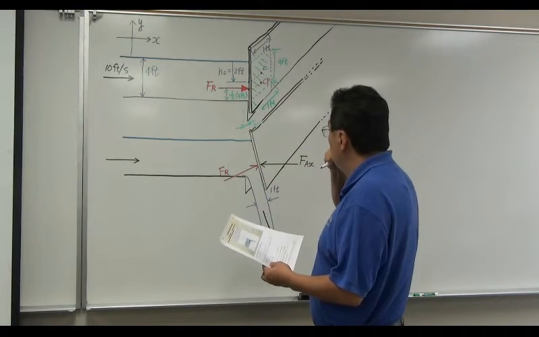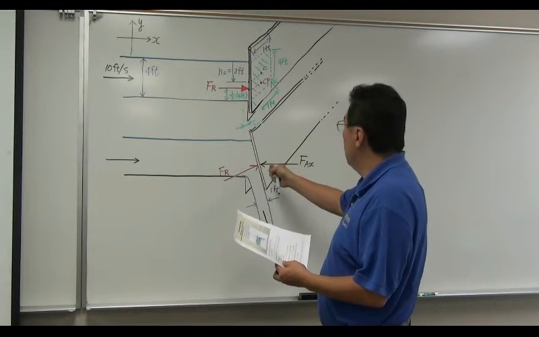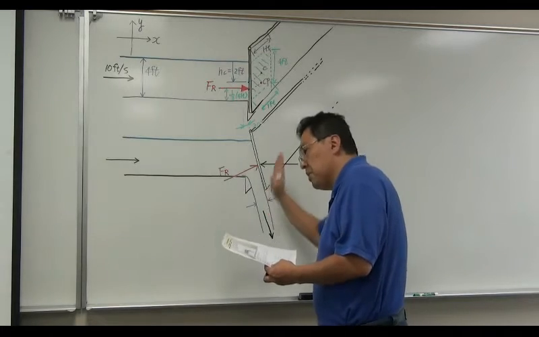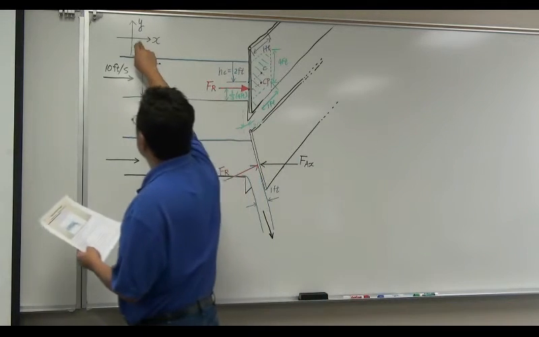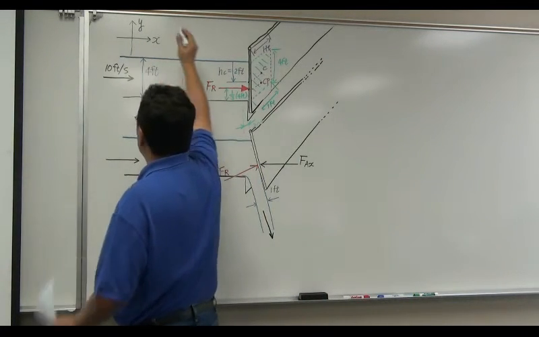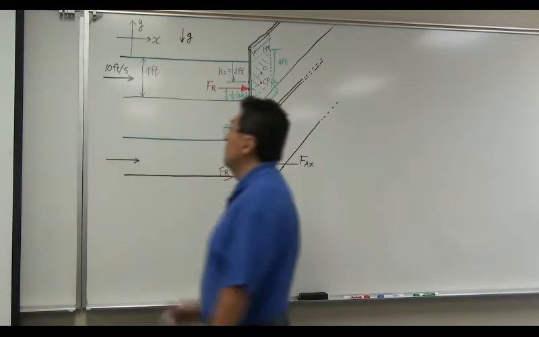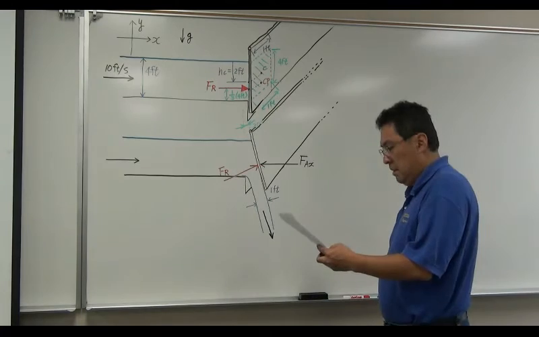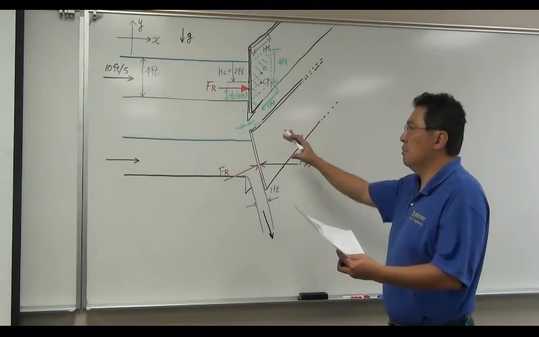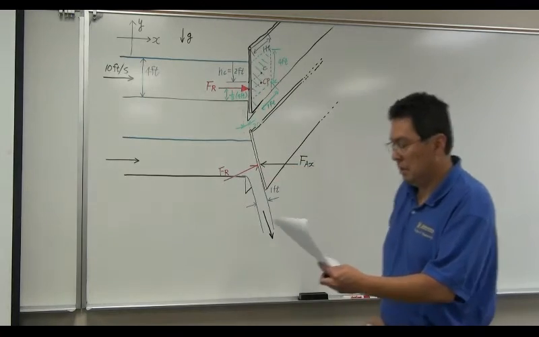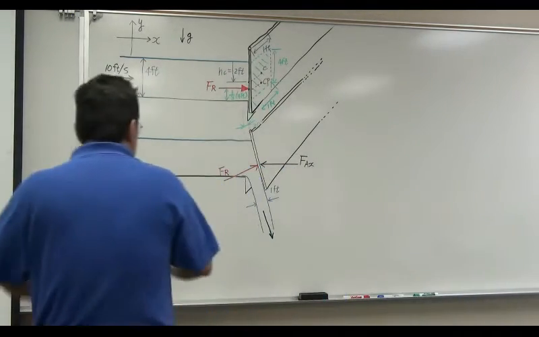If this is the program to find out also FA, the anchoring force, in this direction, you probably should choose x and z, z being opposite to the direction of gravity. Obviously, it doesn't matter in this case because we are only interested in the x direction component. That's why. So first thing first,